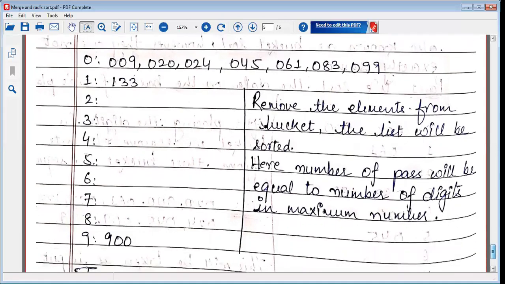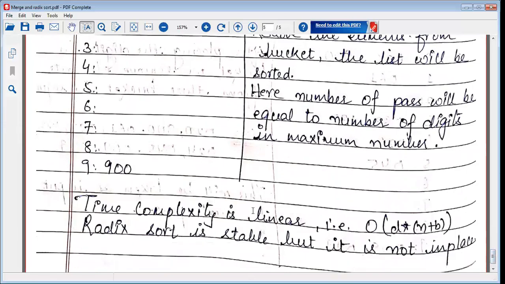So now let's see the time complexity. So the time complexity is equal to D, right? So D is the number of digits that we have in the maximum number, multiplied by N is the input plus number of buckets that we are maintaining. And as I told you, the time complexity is a factor of the input that we have to the algorithm. So D and B are some constant values. Therefore, the time complexity for the radix sort is going to be linear because it depends upon n to the power 1, right?